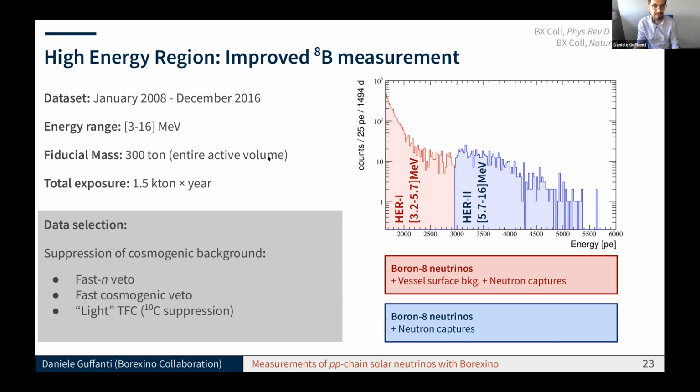So we did not apply any fiducial volume cut, also because the lower threshold of the energy range is so high that most of the radioactive background is already excluded. The data selection here focuses on the suppression of those events that cause a background in this energy range that are mostly cosmogenic. So the data selection was excluding muons and neutrons produced by the spallation and the fast cosmogenic